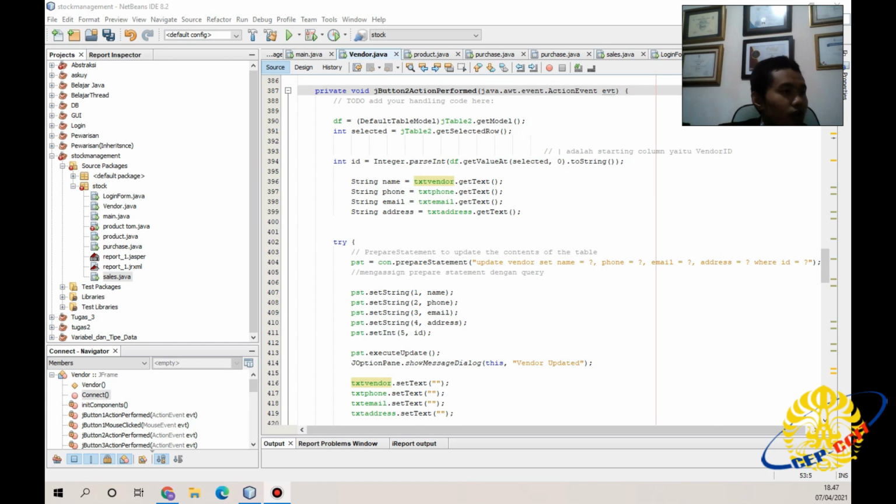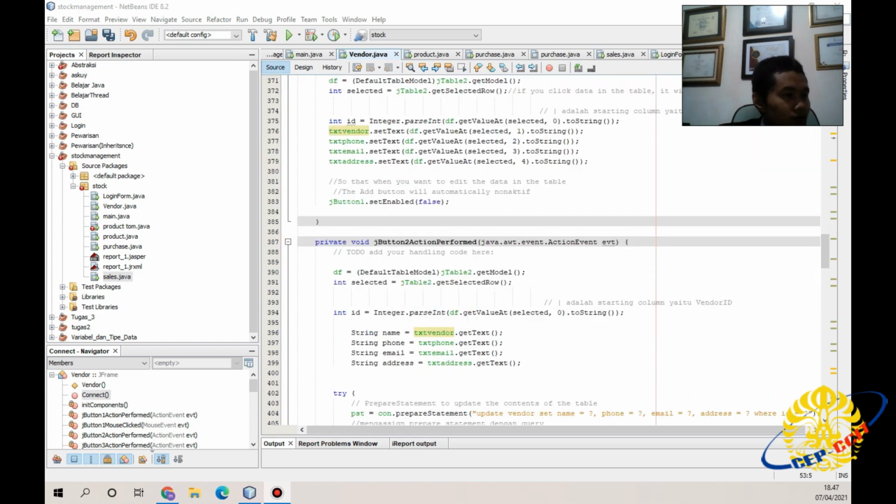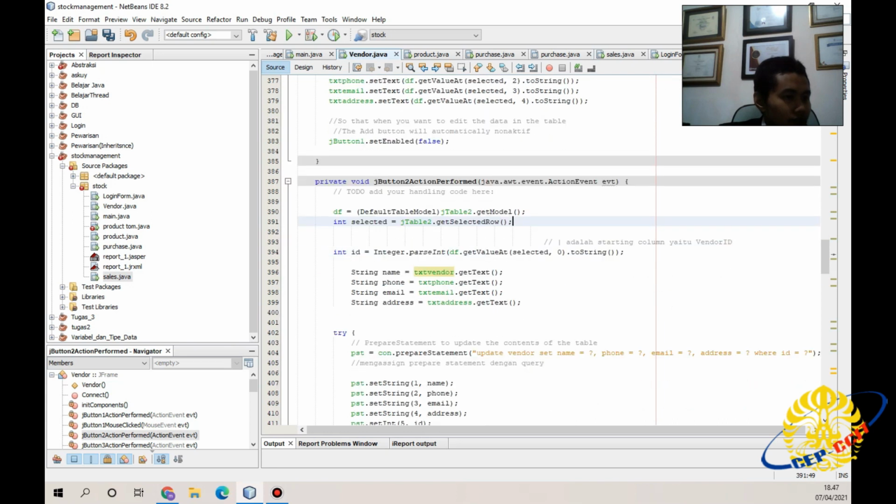Okay, go to button 2, jButton2. If you click the data in the table, it will appear in each field.